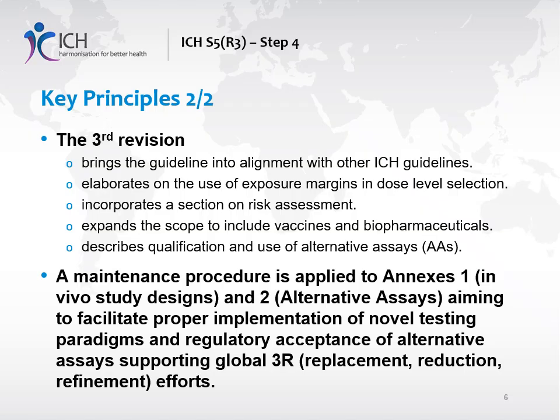The guideline contains 2 annexes. Annex 1 addresses the design and conduct of in vivo reproductive toxicity studies, while Annex 2 outlines points to consider in the development of in vitro, ex vivo and non-mammalian in vivo assays, their qualification and potential use to support reproductive safety assessments. During expert working group discussions, it was recognized that further details complementing both annexes will be needed in the future to achieve the intended goals of the revised guideline in a harmonized fashion. Thus, a maintenance procedure is applied to both annexes.